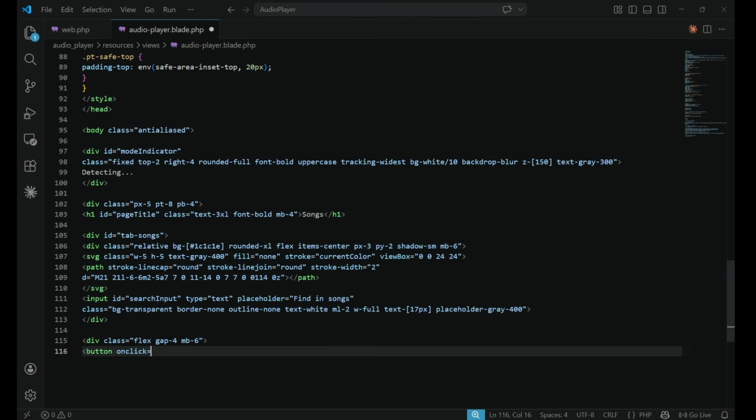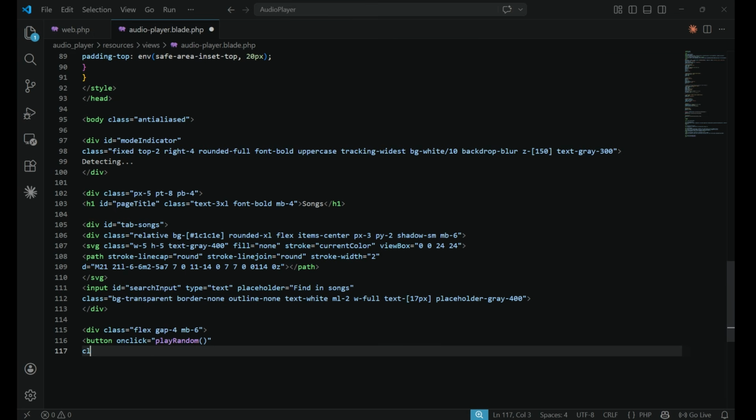And pass here this button, and on this button I will pass here this play random,